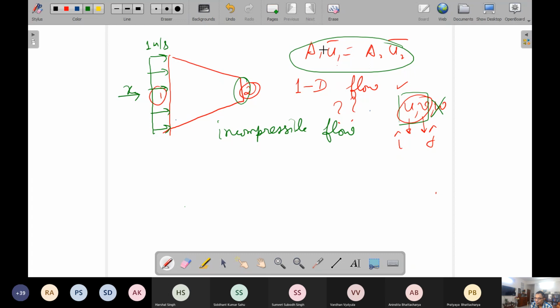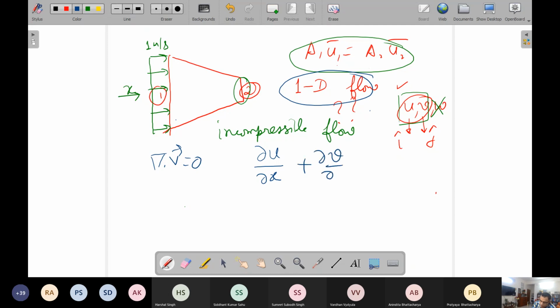So now let us try to analyze this before giving an answer. I will not give an answer, but my analysis will actually tell you the answer. So for two-dimensional, let us assume that it is two-dimensional, not one-dimensional. No restriction. Geometry is two-dimensional, flow at the most will be two-dimensional. So the divergence of velocity equal to 0 for incompressible flow will boil down to this one, right? For u and v, the velocity components along x and y.